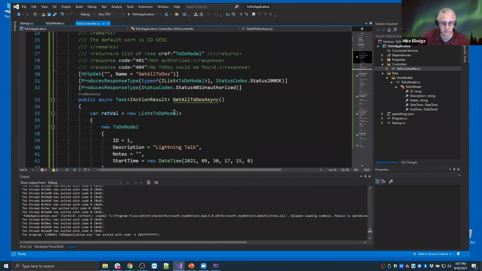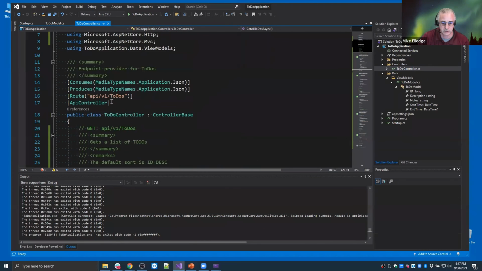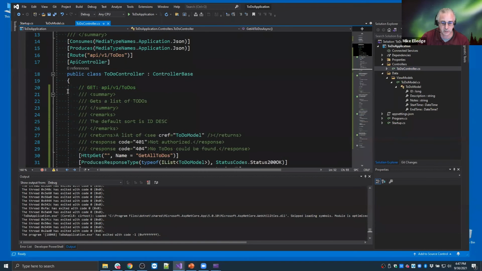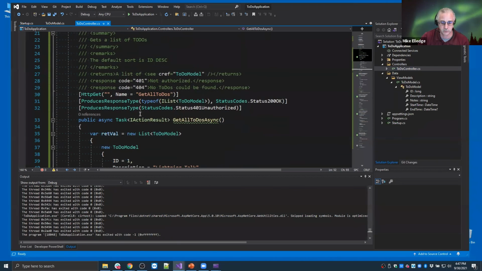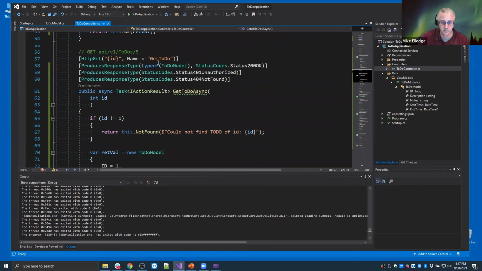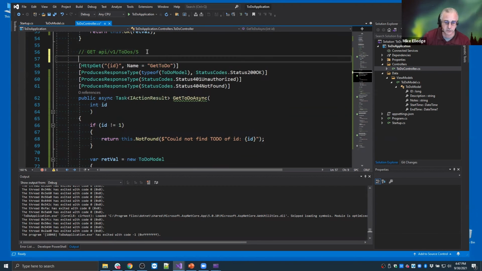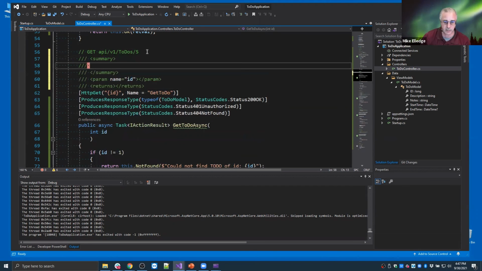Okay, so the first thing we need to do is go find the endpoint. Let's see here. We'll start at the top. There's our route. Here's our controller. There's the get alls. Oh, there's the get right there. Oh, look at this. There is no XML documentation for the get. Now, Visual Studio gives us a hotkey scenario for being able to put this XML block in there very quickly. As you notice, all I did was put in three forward slashes, and